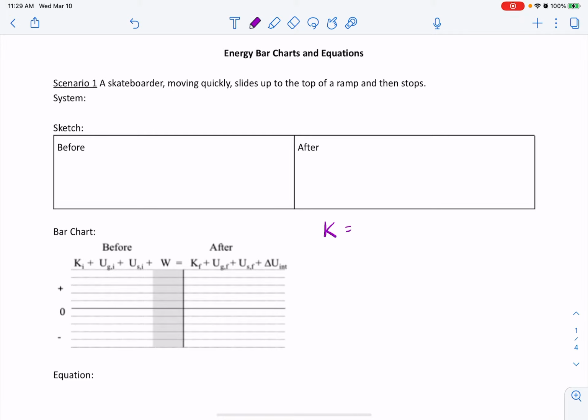So K is our kinetic energy. This is our energy due to the motion of an object. So whenever an object is moving, it has kinetic energy. UG is our gravitational potential energy. Okay, and this is the energy due to an object's position in a gravitational field. So whenever you have a height change, like an object moves up or down, then it has a change in